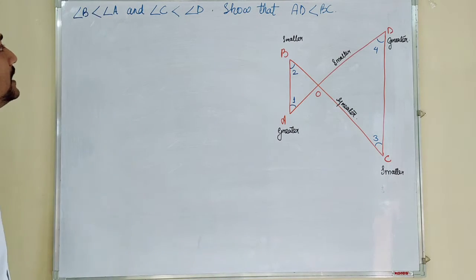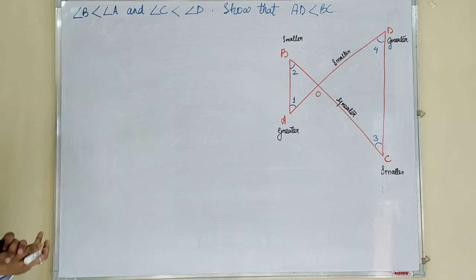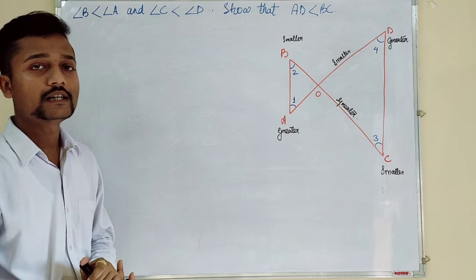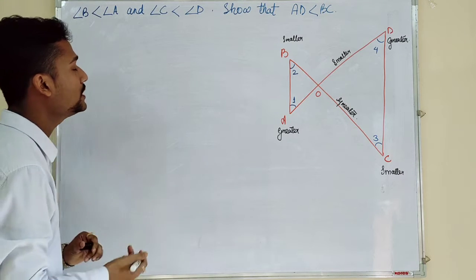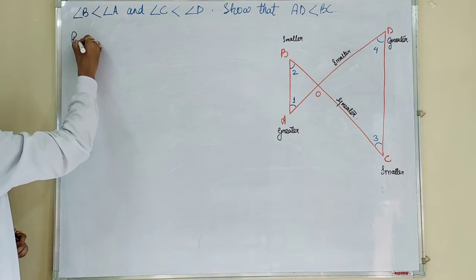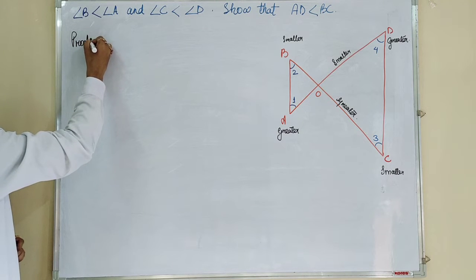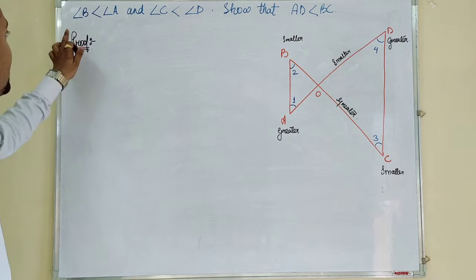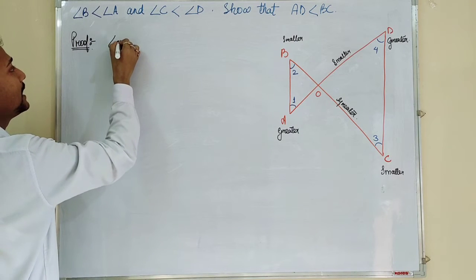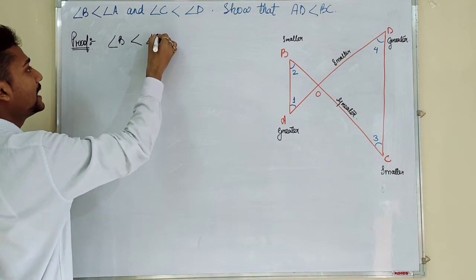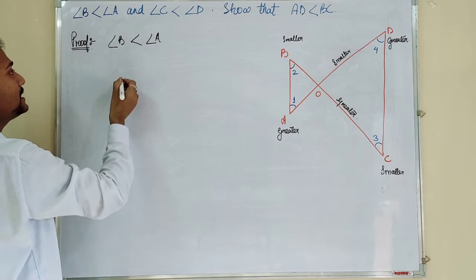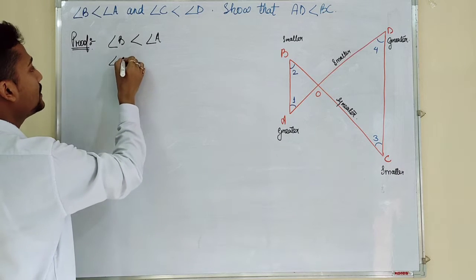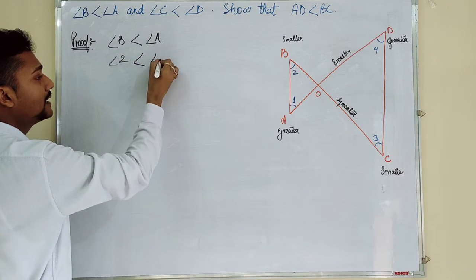Okay. Whatever is given in the question is clearly mentioned, and what is required to prove is also mentioned clearly. Then what we have to do, we will show the proof part directly. Proof. Now I will try to keep things very simple. Angle B is smaller than angle A, given, isn't it? This is smaller than this. That means the measurement of angle B, angle 2, is smaller than angle 1.